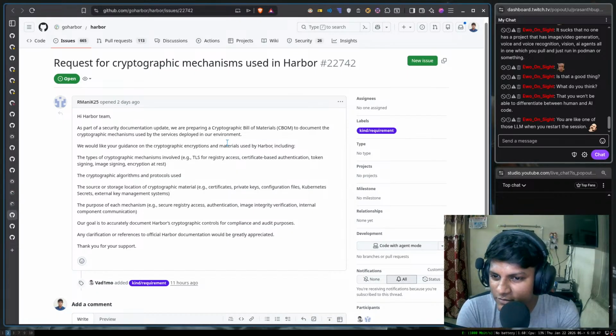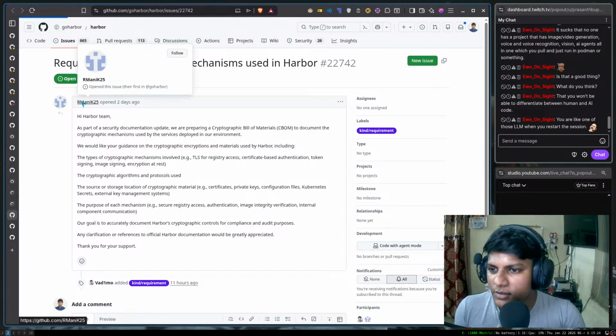We look to guidance on the cryptographic information and materials used by Harbor, including the type of cryptographic mechanisms involved. Example: TLS for registry access, certificate-based signing, cryptographic algorithms and protocols used, and the storage location. So the goal is to accurately document Harbor's cryptographic controls for compliance or audit purposes. Any clarification or references would be greatly appreciated. Okay, so I think this guy is trying to create like a